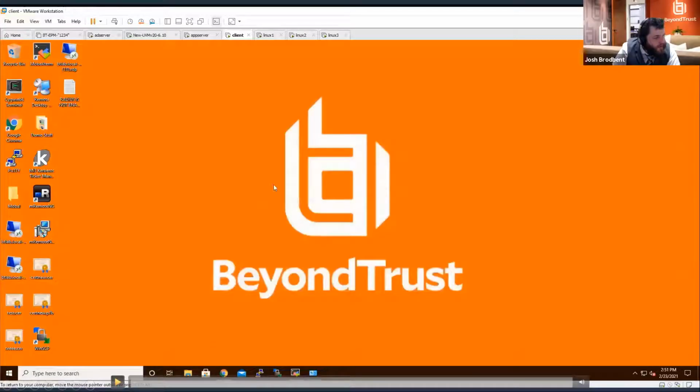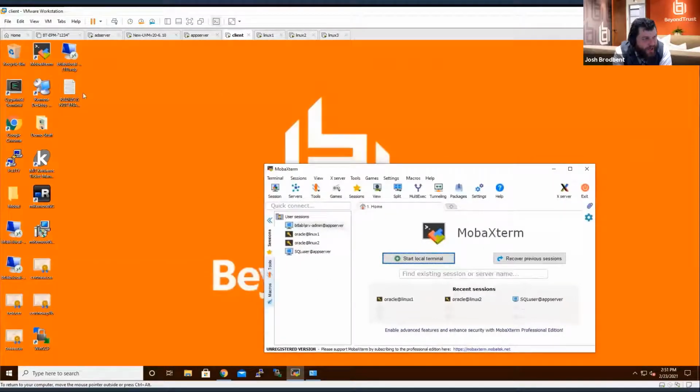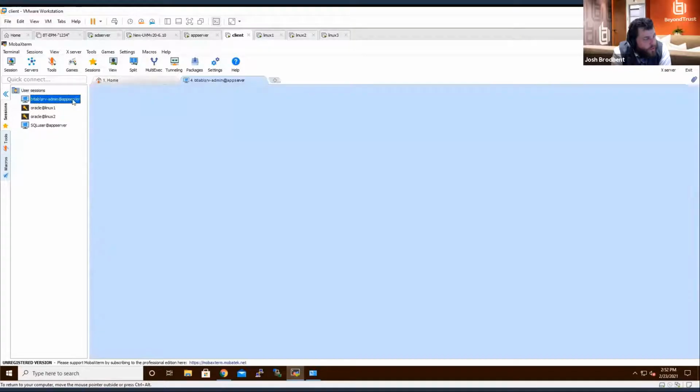I have pre-recorded this just to make sure, but as we walk through it, one of the challenges in adopting a tool like this is that admins want to be able to just continue to do their job, right? They don't actually want to add another interface. So we allow them the opportunity to use tools like they normally use, like MobaXterm. And we can give them strings that they can use that will allow them to check out sessions directly from the tools that they're used to using. When we're doing this, we can say, check out a Windows server and use our normal local